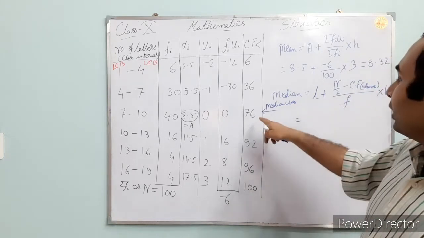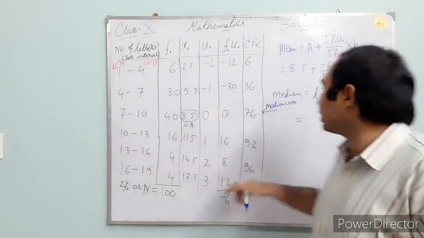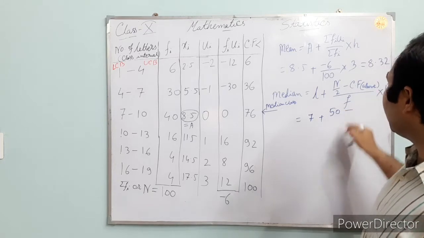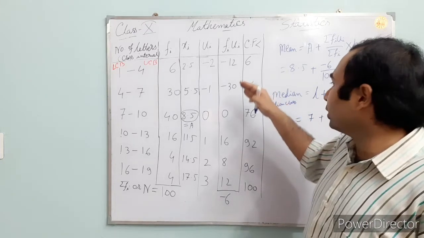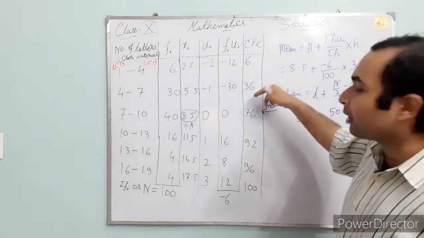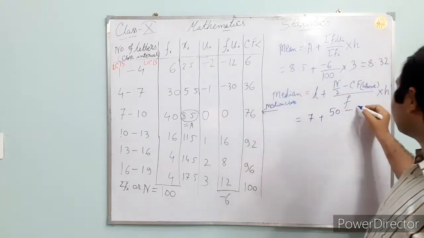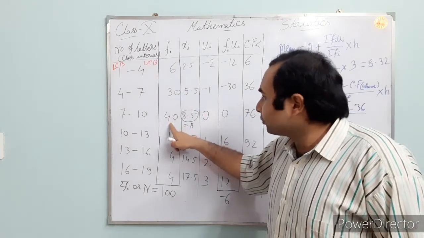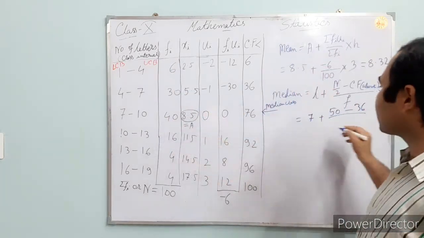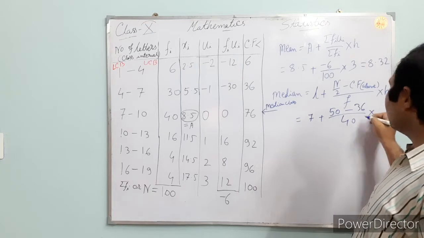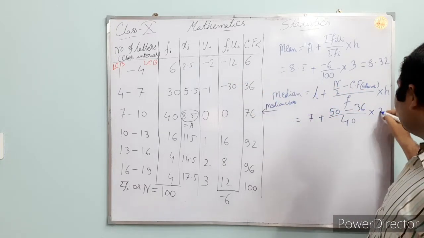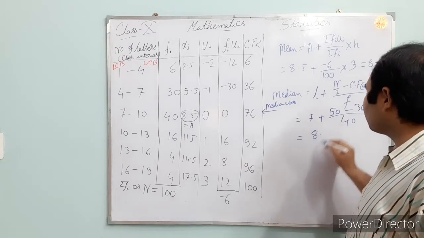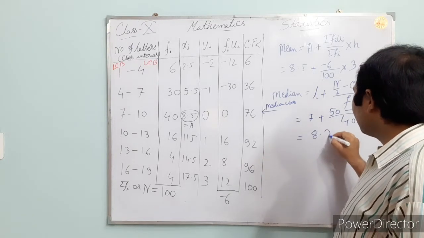L is the lower class boundary of the median class, that means 7 plus n by 2, 50 we have got, minus CF above. I have told you what the median class is, the above CF we will take. So it is 36 by F. F means the frequency of the median class. So it is coming 40 into H. H is 3. So let us do this calculation. I am not showing it here because of shortage of time. So it is coming